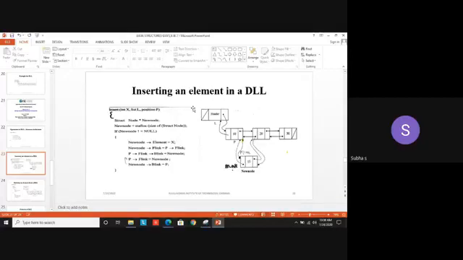These are the most important routines from the university point of view and also in general. One thing I want to tell again: what is the advantage of using the doubly linked list? We can traverse the list in both directions. That is the advantage when compared to a singly linked list, which traverses only in the forward direction.